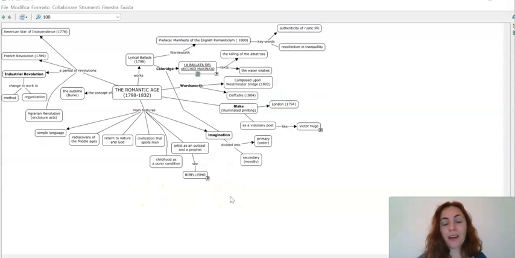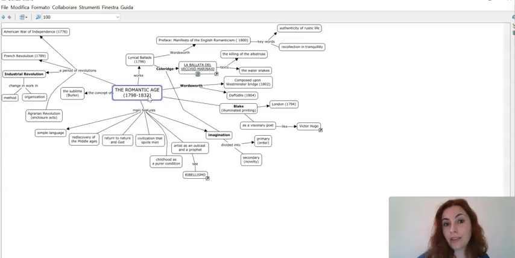Now, for example, I've decided to open the first map. That is a map about the Romantic age, and this is clearly about the English Romanticism. So basically, you may decide to use this format. For example, here it says the Romantic age, then it gives you the dates. So if you're studying in a CLIL project a different type of Romanticism, for example, Italian Romanticism or French Romanticism, or just Romanticism as a movement in general, in all types of arts, visual and written, you may